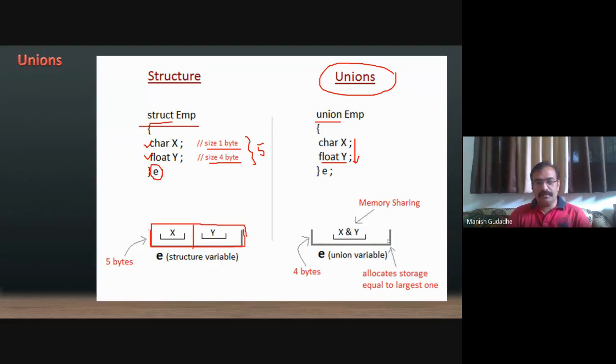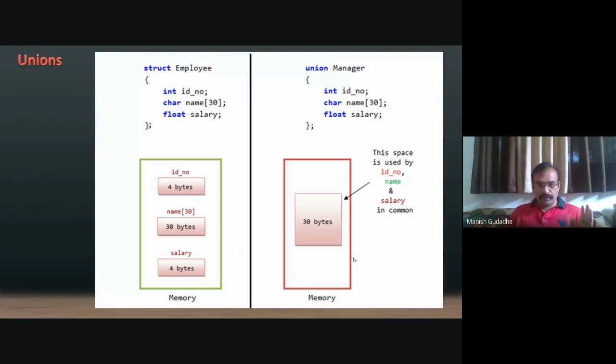So memory is shared in the case of union, whereas it is separately allocated in the case of structure. Here it will define a block of only 4 bytes, because of the biggest element in it, and x and y both will try to share that space with each other. Practically it is a little difficult to manage.